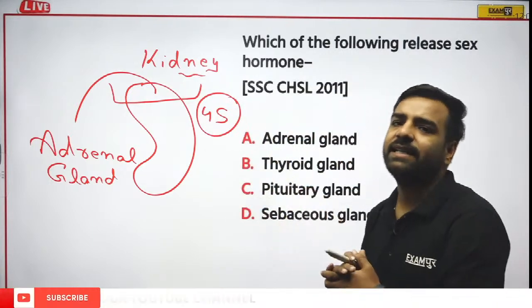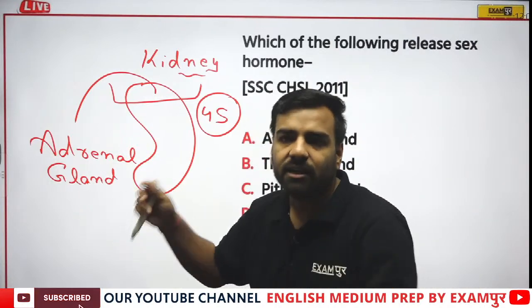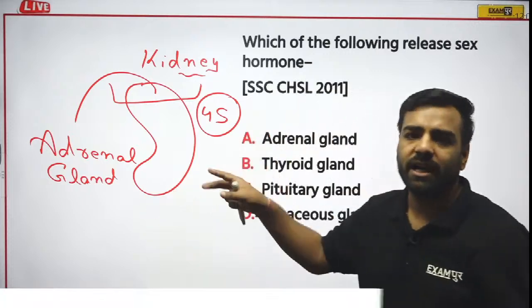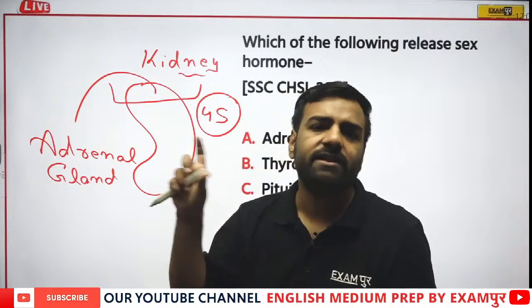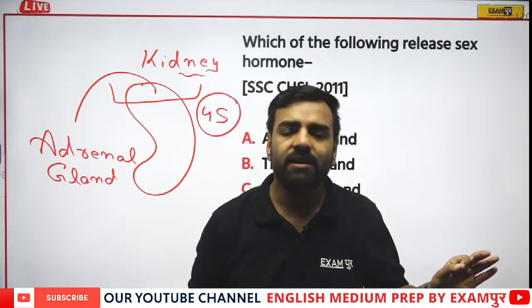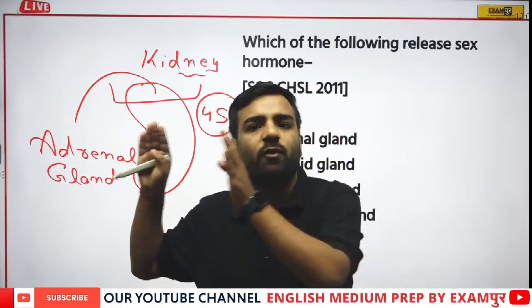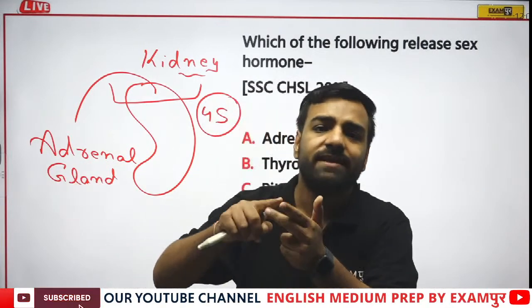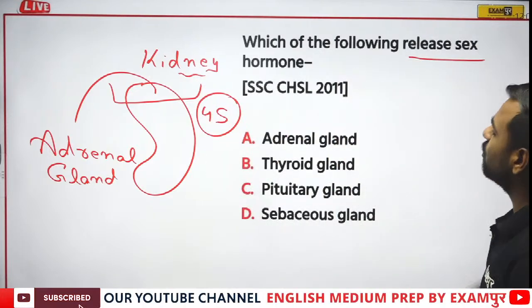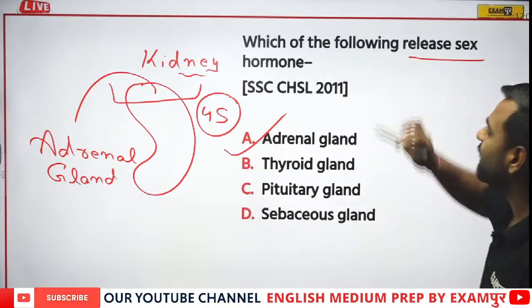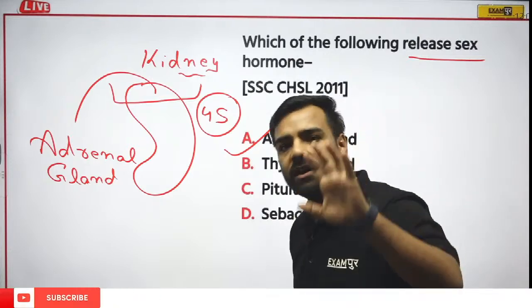And from this adrenal gland, we have hormones, where I can take the example of adrenaline. Now in a detailed way, we will be having one more question regarding that. We will be having a look over there. But please try to understand, on the kidney there is a gland which is known as adrenal gland. This adrenal gland is also known as 4S gland. Why 4S? Because this 4S stands for sugar, salt, stress and sex. So yes, if I talk about the releasing of sex hormones, here option number A would be correct, that is adrenal gland. So its location is clear, its working is clear.